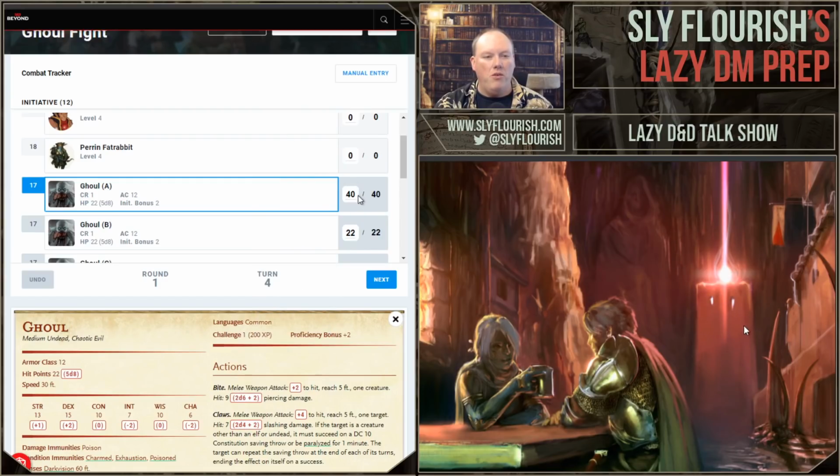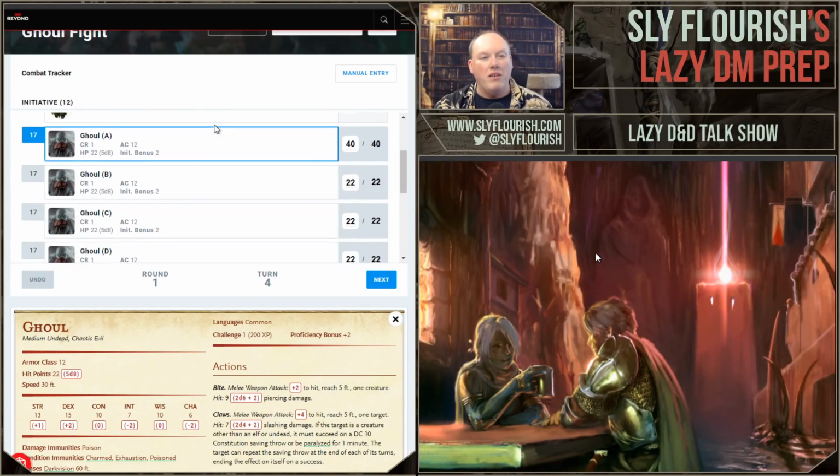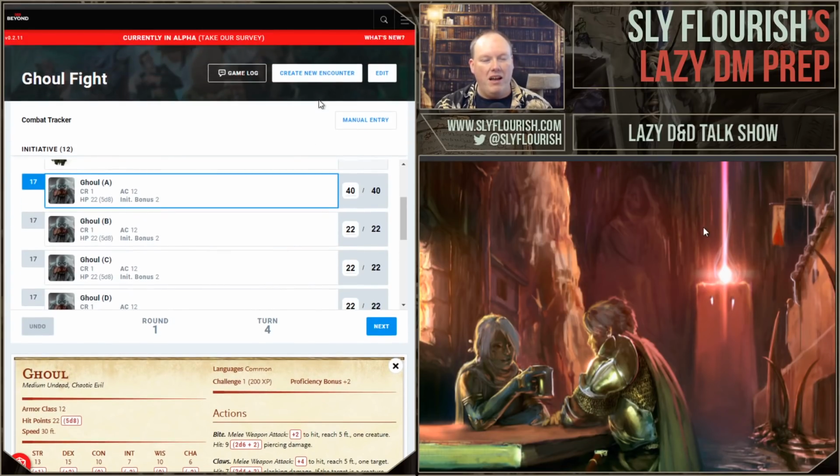You can give one ghoul more hit points. Ghoul A, the alpha, right? So that works really well. And the other thing that got me to now pay attention to the encounter builder in D&D Beyond is that